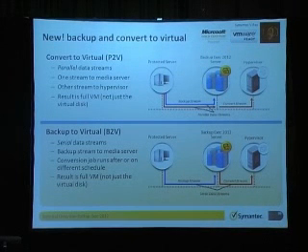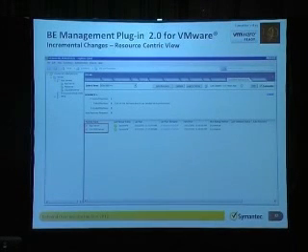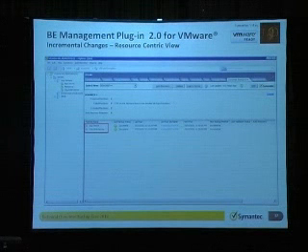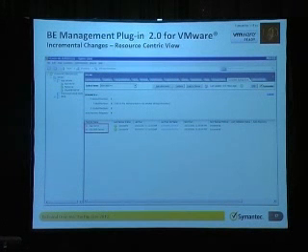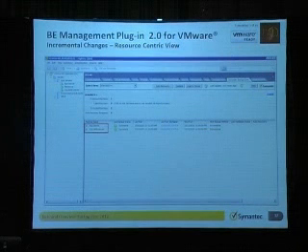We talked about P2V and V2V in the previous sections. We also provide a VMware plugin for your vCenter. So without using your Backup Exec console, you can install the Backup Exec plugin into your vCenter management console. Inside this user experience, you're able to see all service status